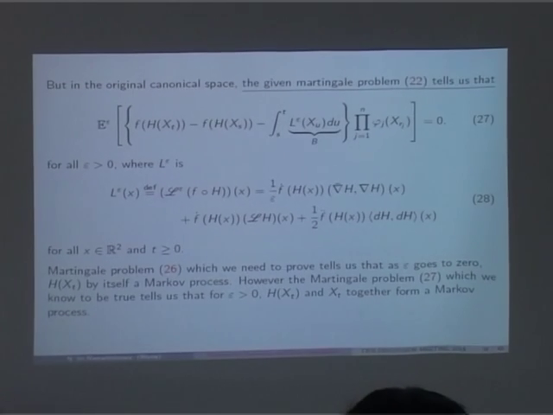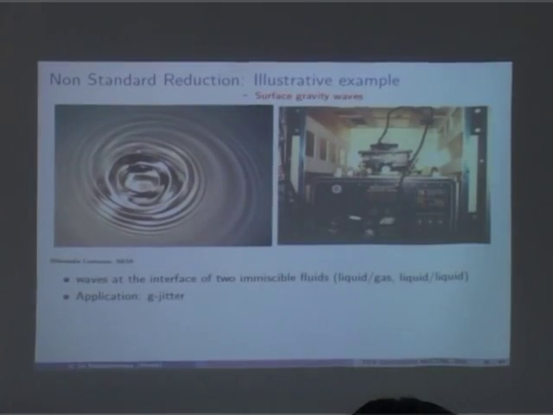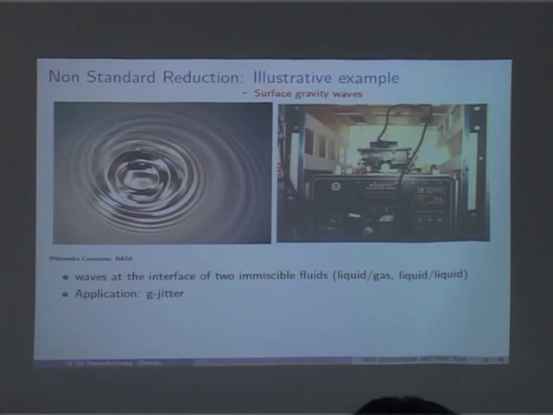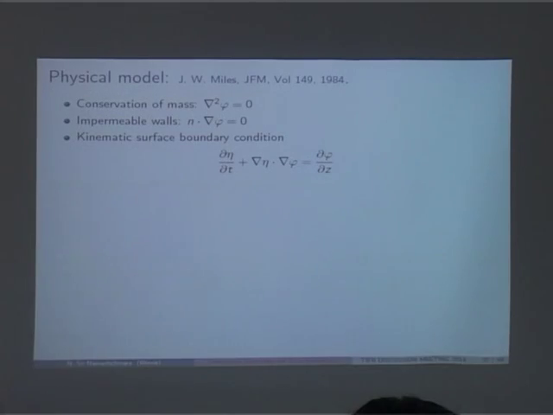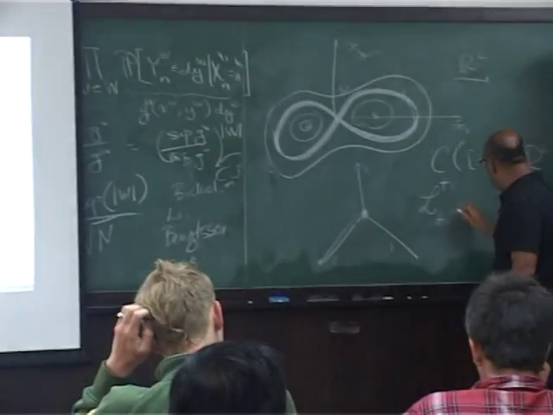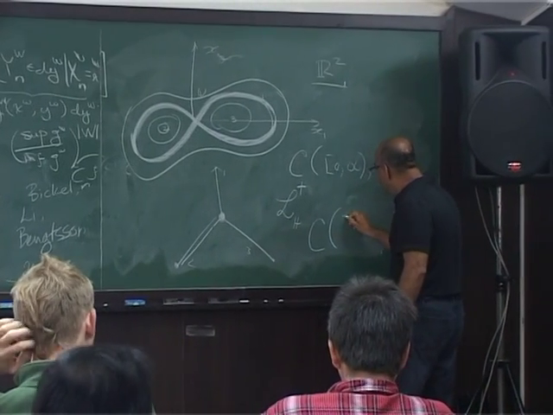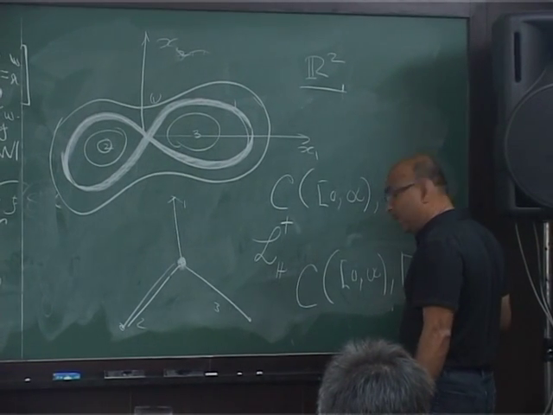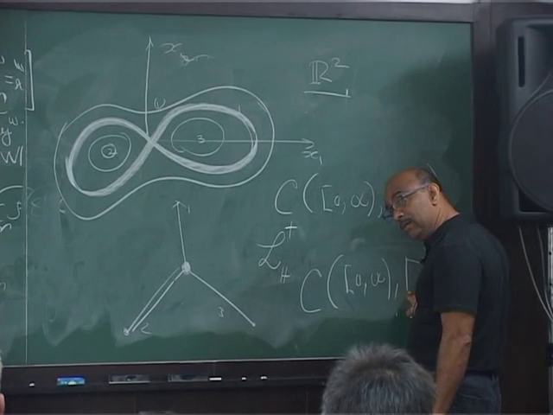Now if I take it to a higher dimension, this is a little bit more complicated problem. Here you are talking about waves under jitter. It is a NASA project. And what we have is a set of conservation of mass for the correct. So now I have the martingale problem defined in 0 to infinity gamma